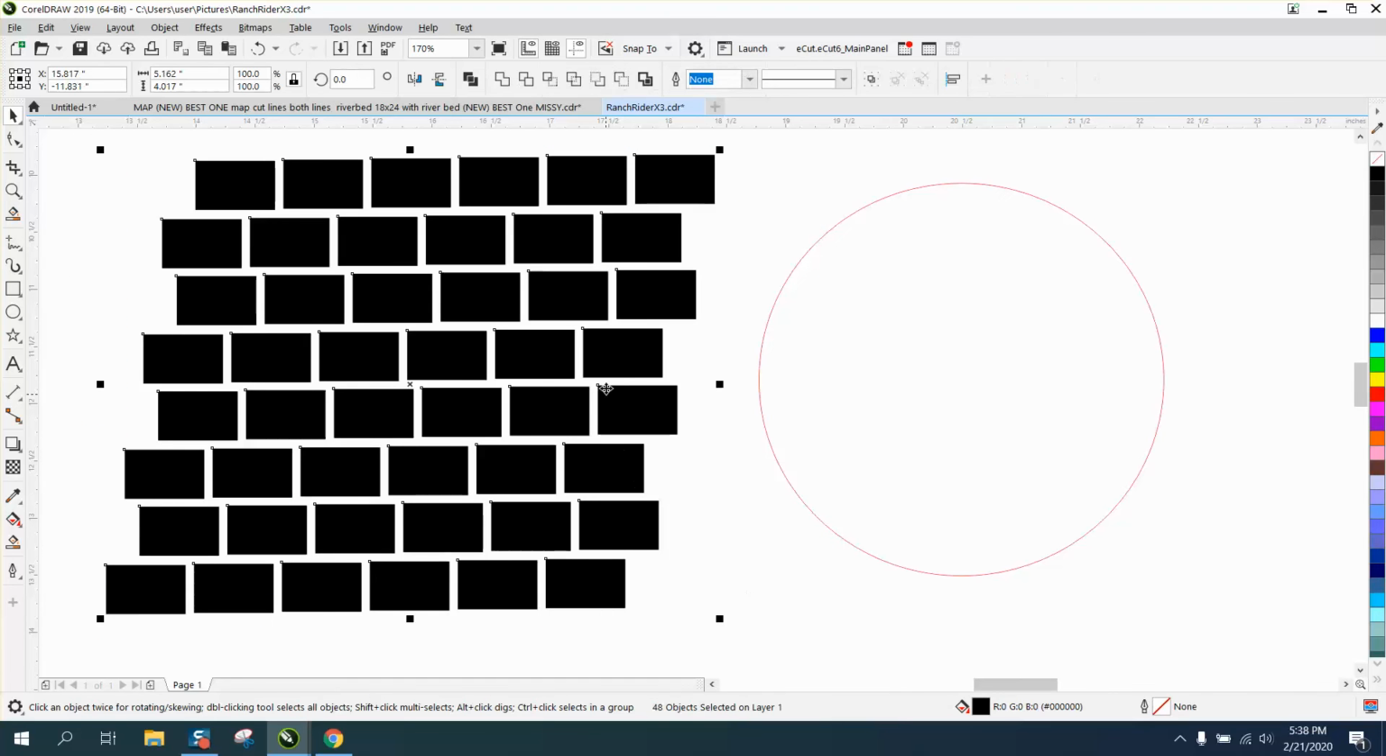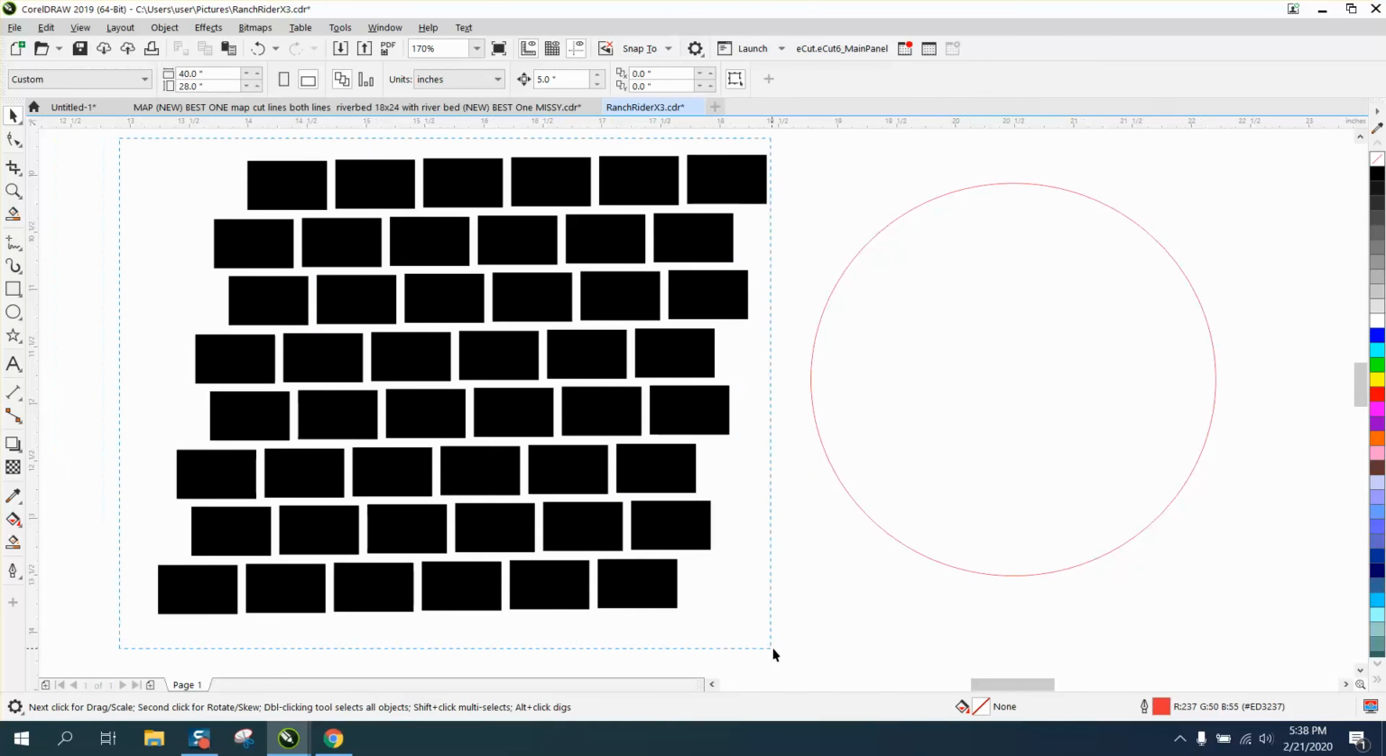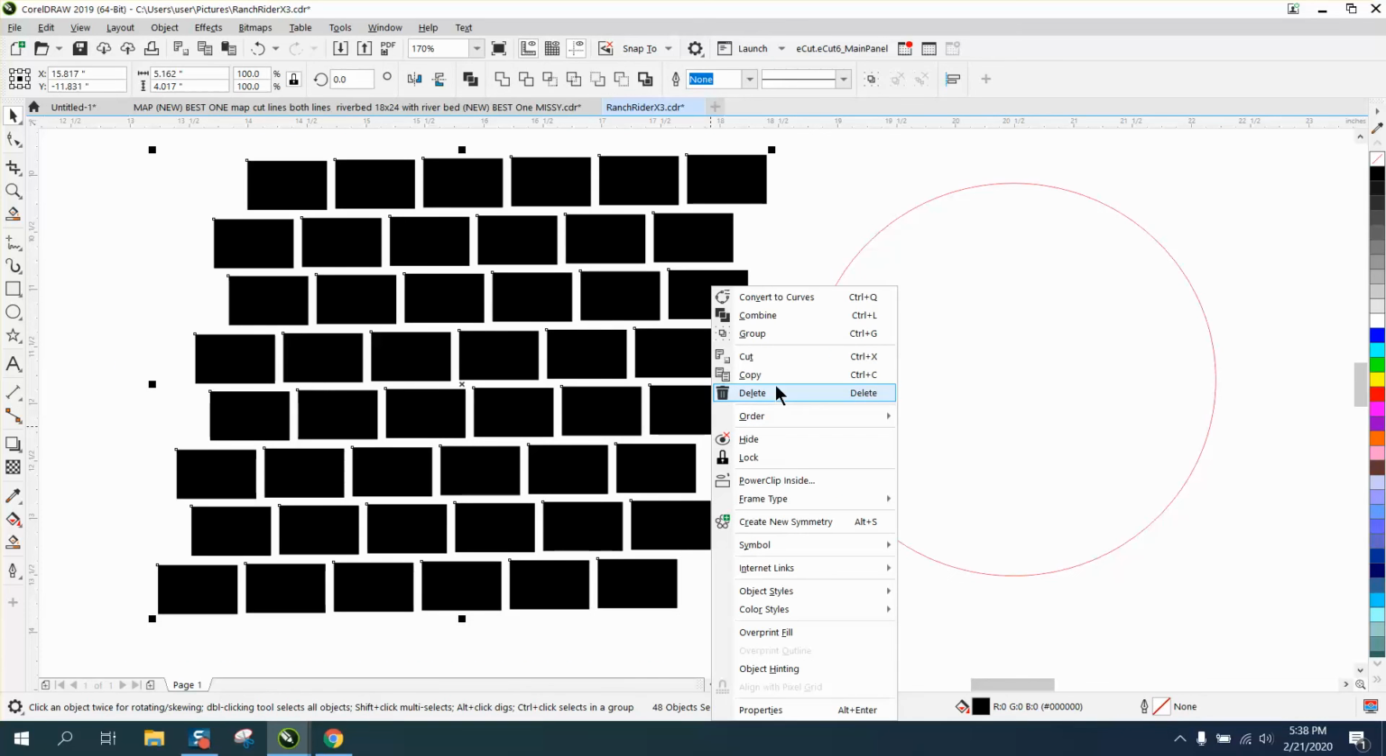Select it all, right click. Let me select it all again. And then right click, and there's your group. We could combine it. We could convert it to curves. We can delete it